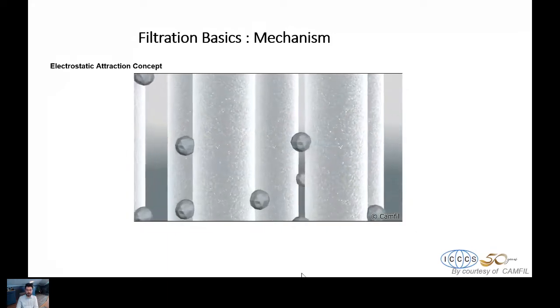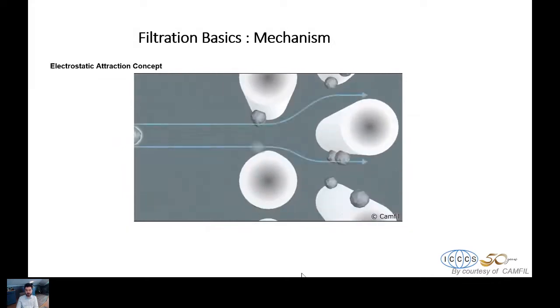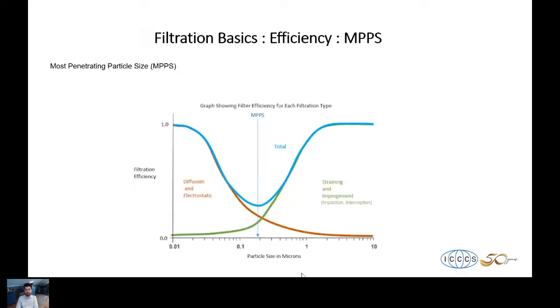The electrostatic attraction concept occurs when particles are attracted to the fibers by electrostatic adhesion. All particles and fibers have a small positive or negative charge. Therefore, they have an inherent attraction to each other and end up being a part of our structure. So if you take a look at this